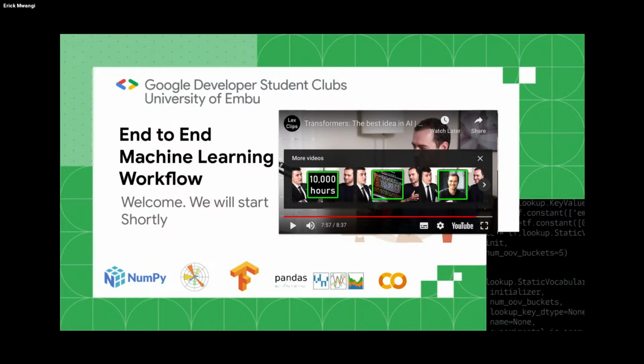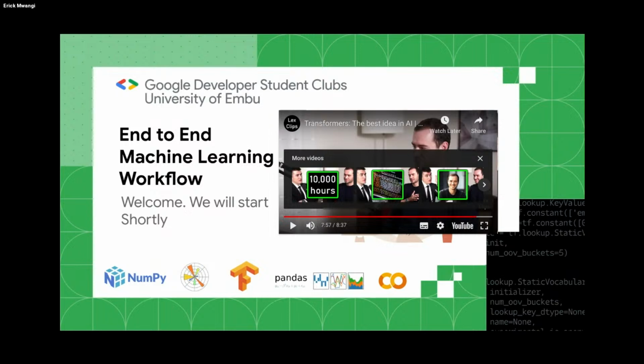So our topic for today, we are going to go through the end-to-end machine learning workflow. Based on my research, I realized that the majority of us do not have experience with AI or machine learning. So for our sessions, we'll start from the very basic things. Today, I'm going to be introducing you to the workflow, what the machine learning engineer does, and also the tools that we're going to be using. First I'll go through some slides and then I'll take you through a project so you will see it